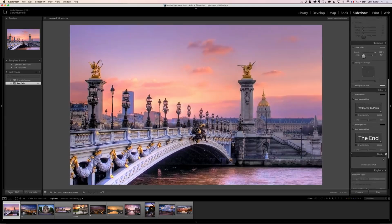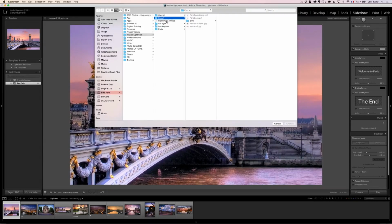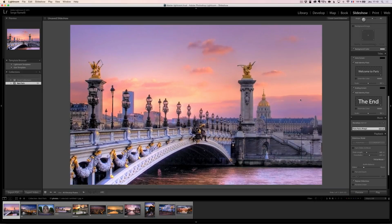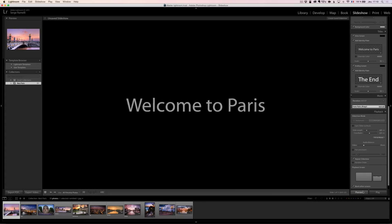Good. Music. Now I want some music, so I downloaded some royalty-free music, which I have here. So I'm just selecting this. And slideshow, I'm not going to do sync slide to music because I've got too little photos for that. But slide length is 4 seconds, crossfade is 2.5. And I can just click on preview and see how this goes. So preview is...